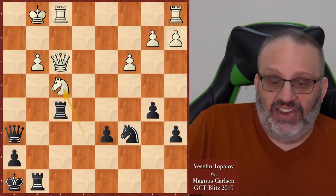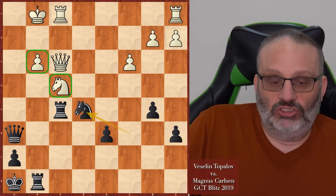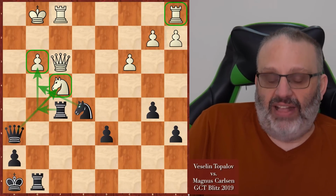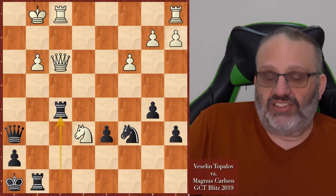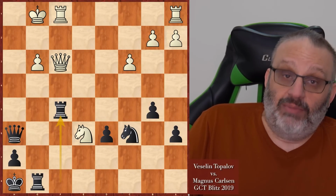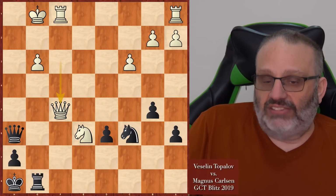And then after knight e5, man, I don't like white's position. Black has a big attack everywhere. Black's attacking everything. White's rook is still on a1. Black's not down any material. Knight f4 was forced, but as Yasser Seirawan liked to say, Topalov went down with a full stomach. He took everything he could, and then he resigned. He took the rook, and